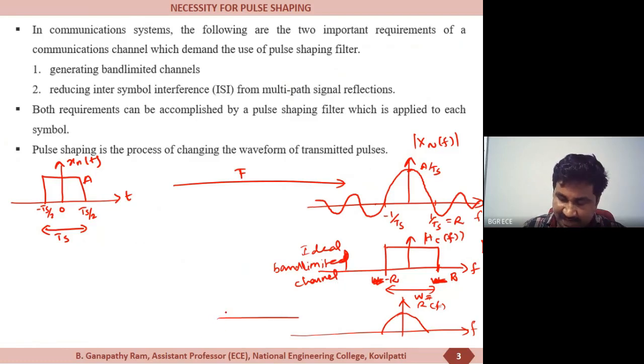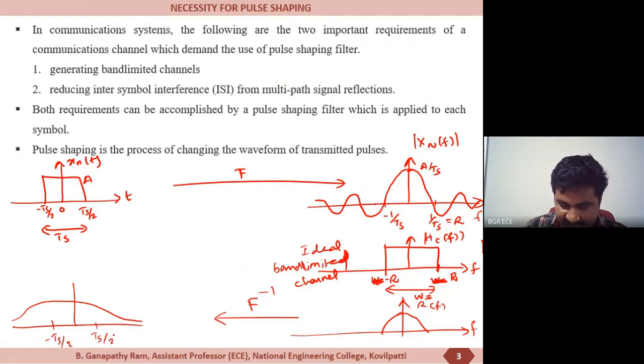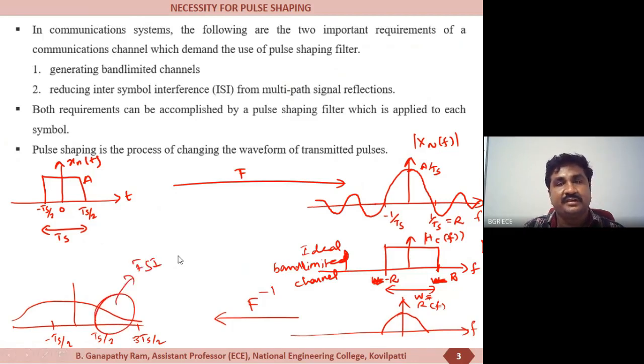So in the time domain, if you take the inverse Fourier transform, it will be dispersed in time, which interferes into the portion of another symbol. This effect is called intersymbol interference. So if you want to avoid this,